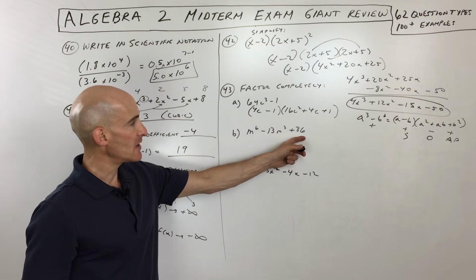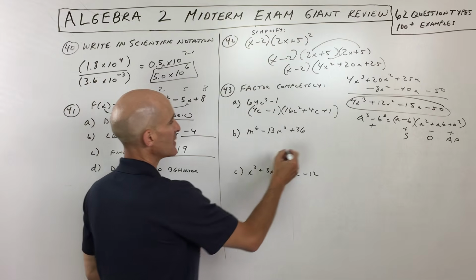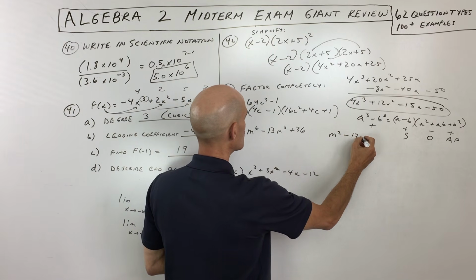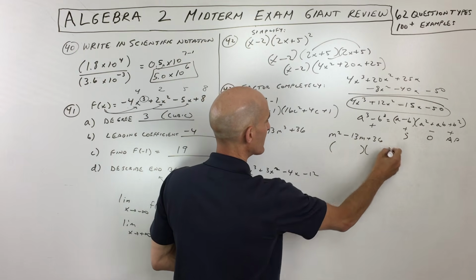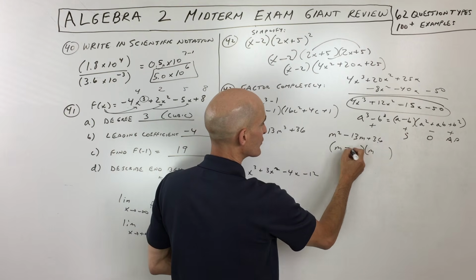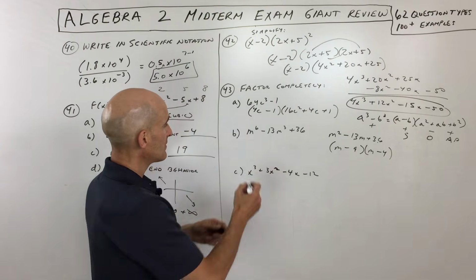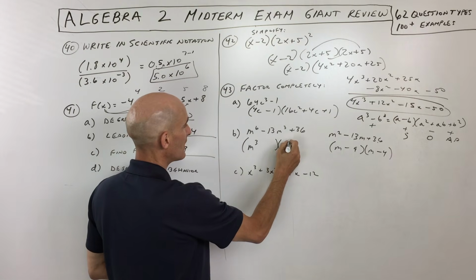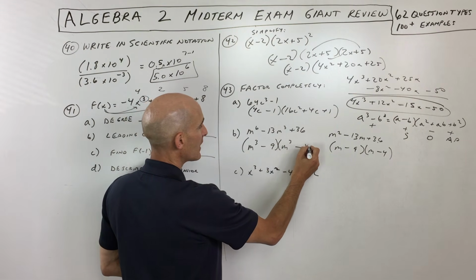This one here is what they call quadratic form. Okay, and quadratic form means that you would know how to factor this if it was in the form like a quadratic, like m squared, right? See, imagine for a moment if it was like this and you were factoring. You'd say, what multiplies to 36 but adds to negative 13? That's negative 9 and negative 4, right? But this is m to the 6th. So what I'm going to do is I'm going to say m cubed and negative 9 and negative 4.